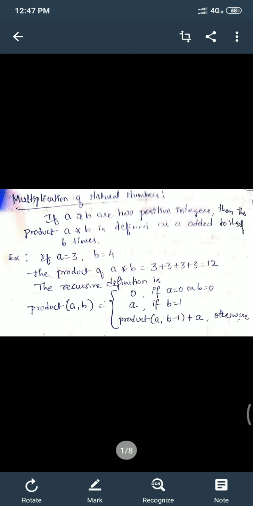If a is equal to 0 or b is equal to 0, it returns 0, as I have shown in the general form. Else, if b is equal to 1, the value a will be returned to the main function. Otherwise, return product of a comma b minus 1 plus a. Now close the sub function.